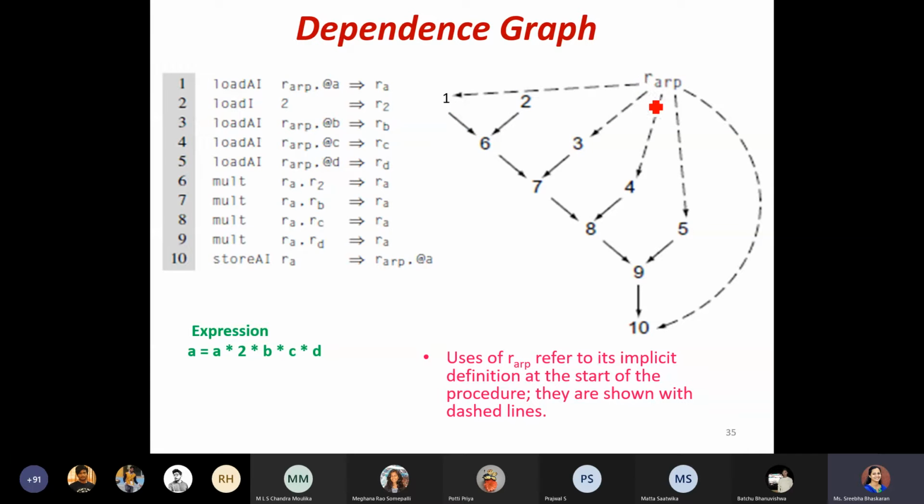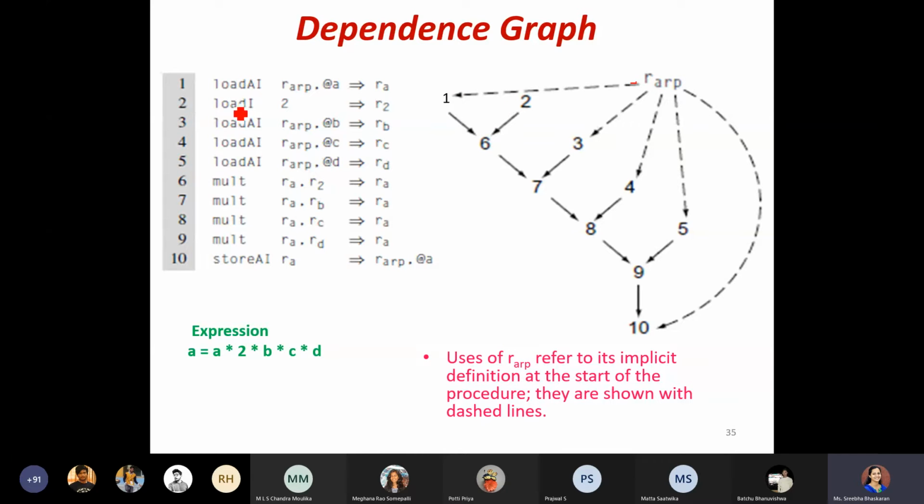Whenever we refer to some contents from memory, we use dotted lines. So this, which is RARP, from memory, this dotted line is represented saying that you are referring to the contents from memory, and that has been taken into instruction 1, this line number 1.